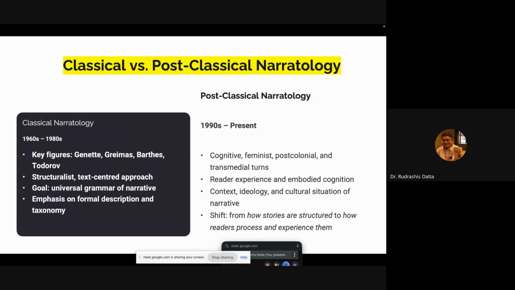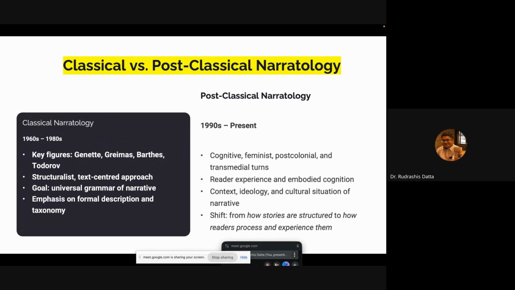Hence, modern narratology is more context based, or ideology based, or nuanced in culture, right? For example, if you wish to tell a story about the struggles of women in completing their education, you are likely to adopt a feminist narratology,